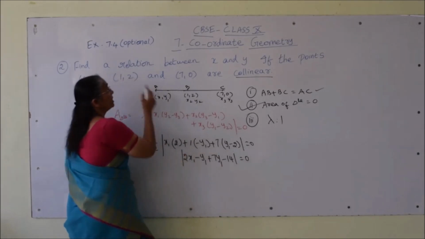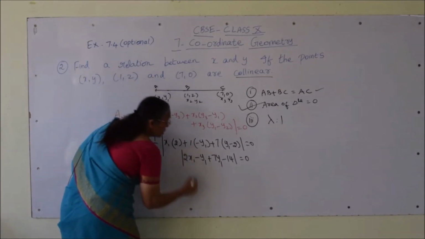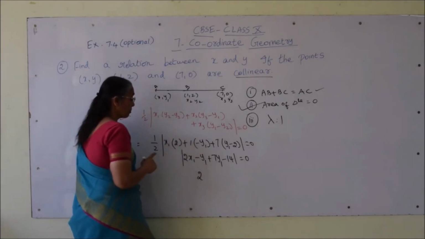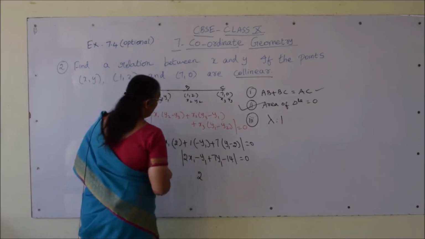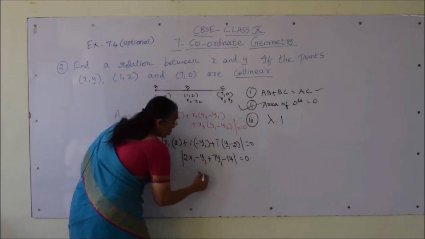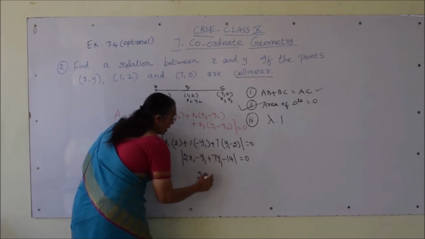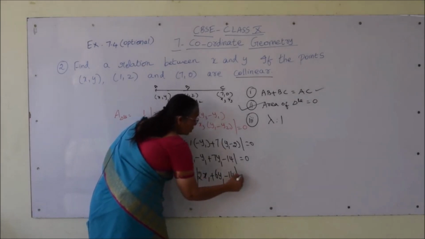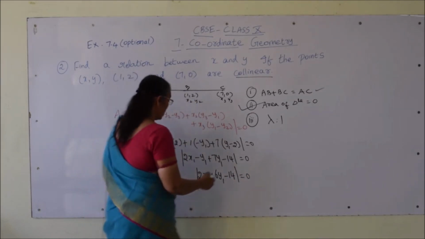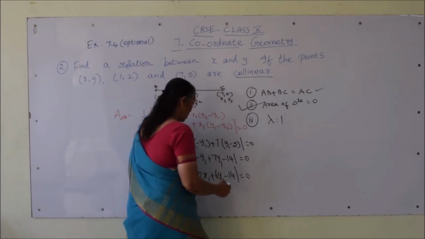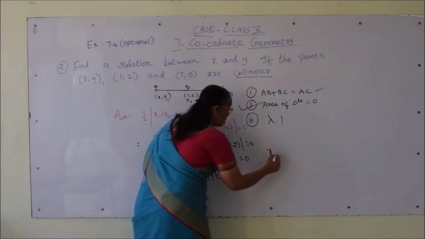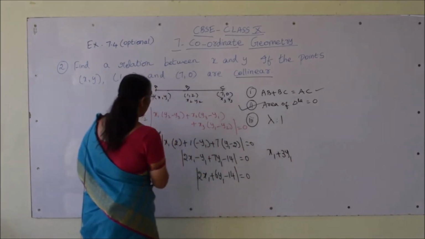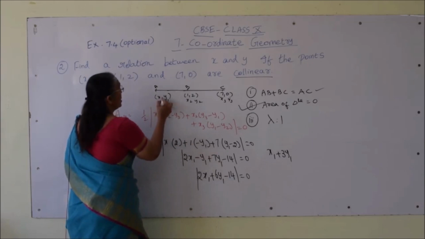So, the question is to find the relation between x and y. Now, we can't find the values of x and y because it is a linear equation in 2 variables, x and y, that you will get. So, this is 2x1, 7y1 minus y1 is plus 6y1, minus 14 is equal to 0. By removing the modulus, we can take 2 common outside, it is nothing but x1 plus 3y1. We are considering it as x1 y1, it is x and y itself, not x1, it is just x and y only.